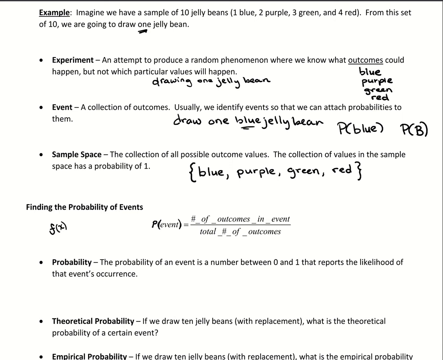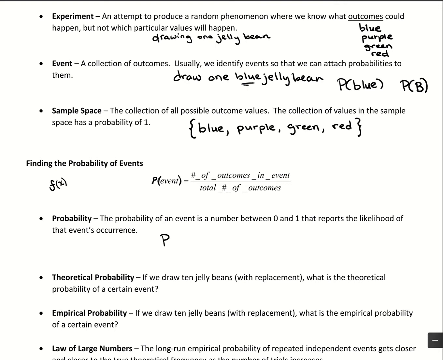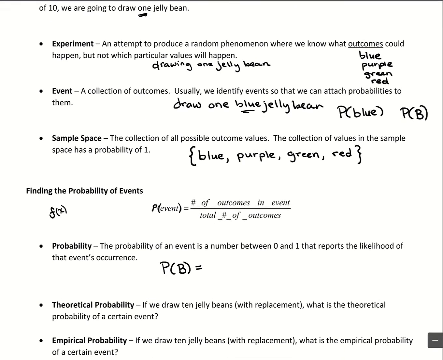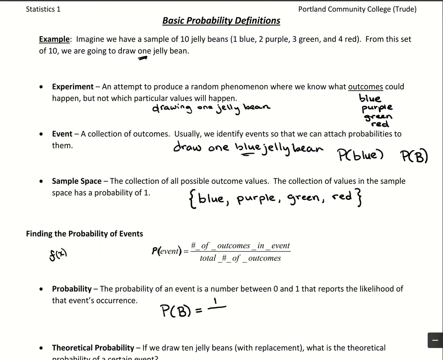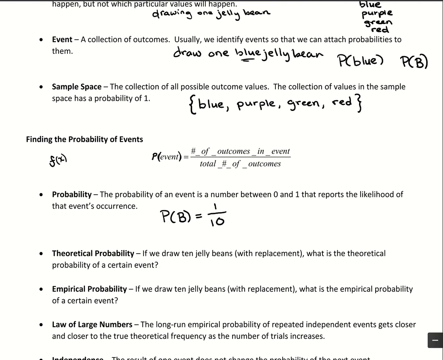In the numerator, we list out the number of outcomes in the event, so how many blue jelly beans we would have, out of the total number of outcomes. Say we wanted to calculate the probability of a blue jelly bean. What we do is figure out how many are in the set, which is 1 blue jelly bean out of a total of 10 jelly beans. So we have in the numerator the number of outcomes that match the event we're looking for, and the denominator is all outcomes combined. So this would be